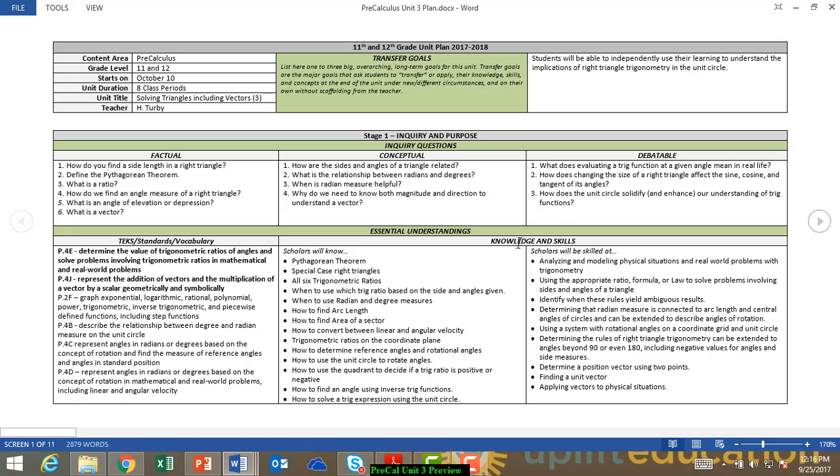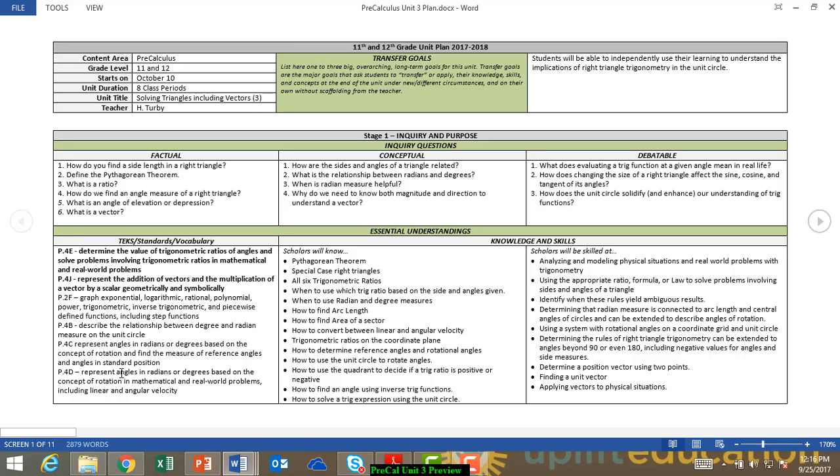Let's take a look at our essential understandings. The TEKs that we prioritized this time were determining values of trig ratios and angles, solving triangles in real-world problems, and adding vectors and multiplication. So those are our 2 priorities. Of course, we have other